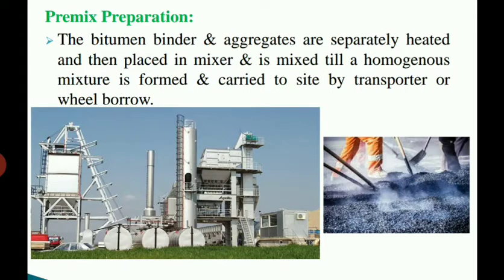First, what we are going to take here is the major material such as bitumen, that acts as the binding material, as well as the aggregates, right? Both we are heating separately, not together, in a separate heating plant. After heating those materials to a certain temperature, we are going to mix them in a particular batch plant, right? At that time, after mixing thoroughly, we are going to shift it from the manufacturing plant to the required locations.